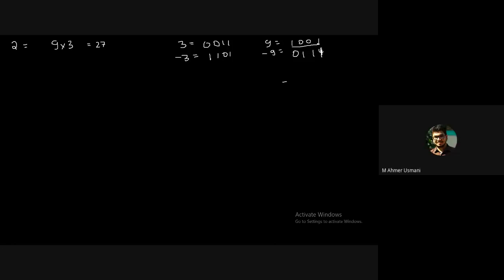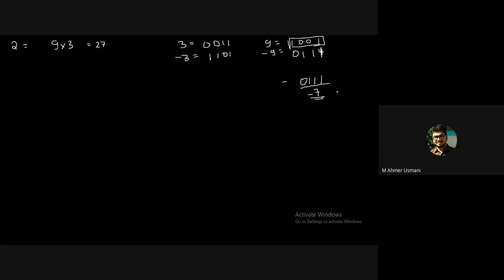It is sure that it is a negative number, right? If it is a negative number, that means it is stored in its 2's complement form. So get its 2's complement: 1, 1, 1, 0. What is this number? This number is 7, and since the number was negative, it is minus 7. So this is not 9 you're getting, it is minus 7.